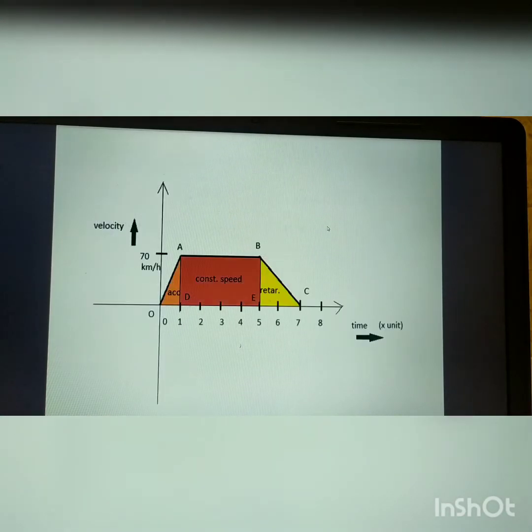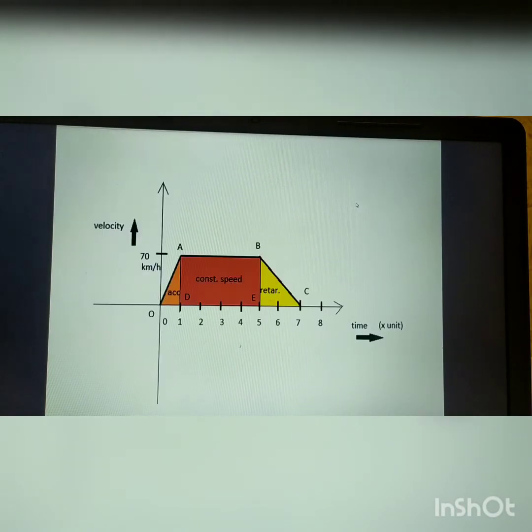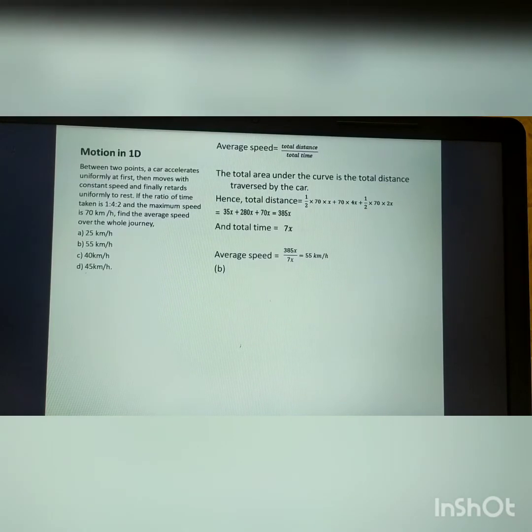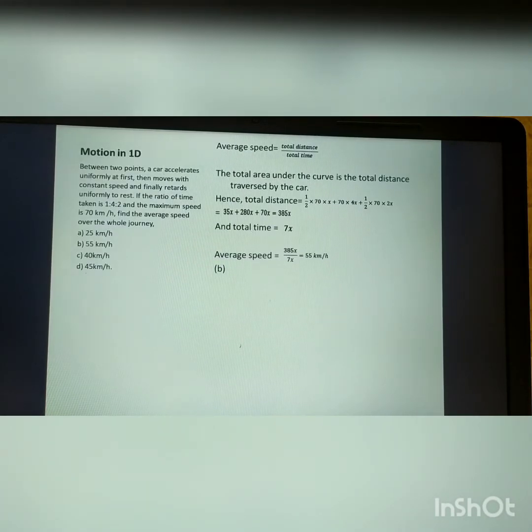Hence the total area under the curve will be half into 70 into x plus 70 into 4x plus half into 70 into 2x, that will give you 385x. And the total time is obviously 7x, because 1x plus 4x plus 2x gives 7x. And the average velocity is total displacement divided by total time, that is 385x divided by 7x, that is 55 km per hour. Option B. I hope this is clear to you all. Next problem is